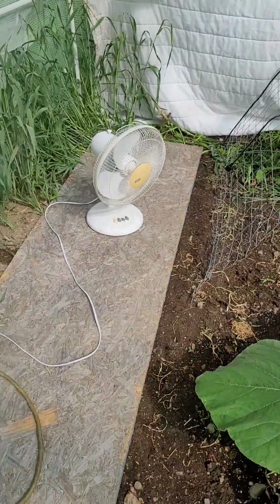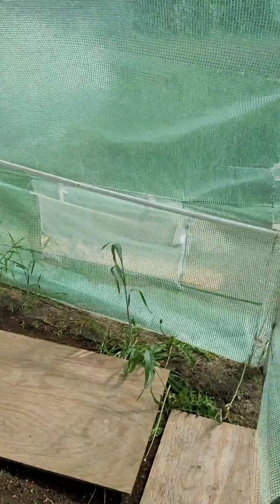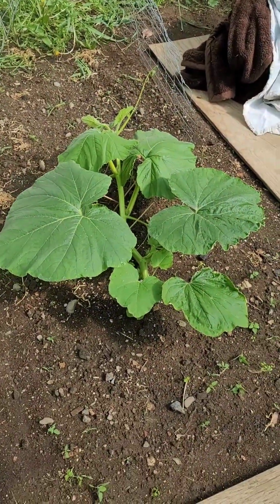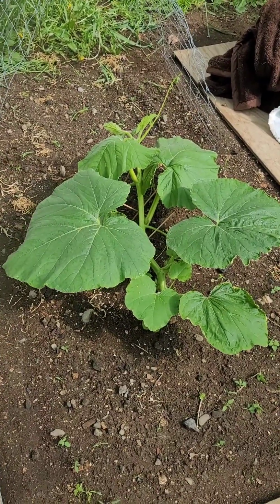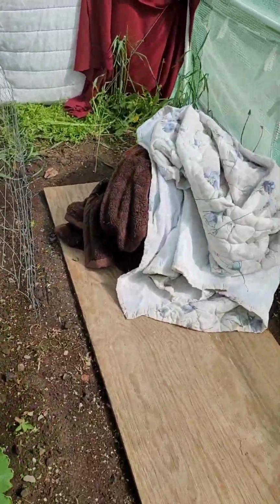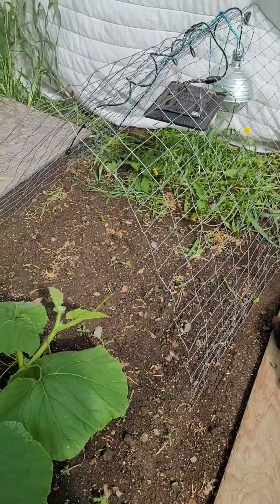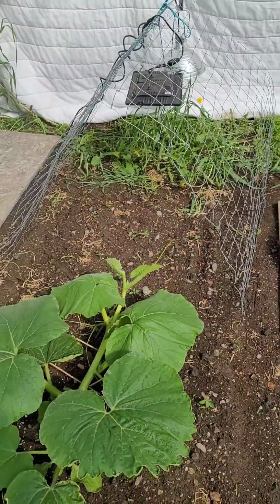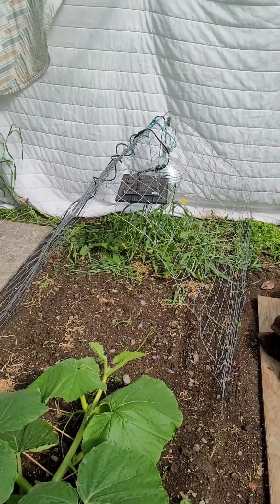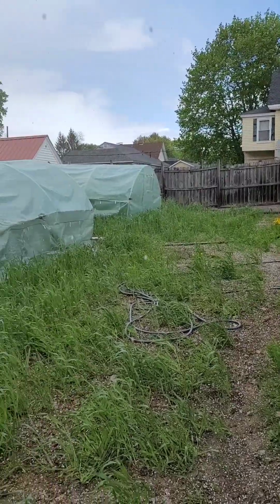I have a fan blowing on it that helps get the plant used to wind, which it doesn't get a lot of because the greenhouse is closed all the time. Heavy winds can snap the vine or snap the leaves, so I try to get it used to it as early as possible. These blankets and this little hut here, I will show you later. I do tuck my babies in at night to keep them warm, so that'll be next, and I hope you enjoy. It is May 17th, and